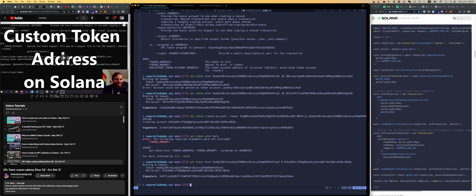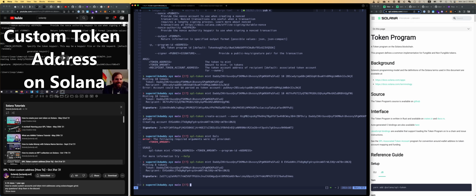Especially here on test, I don't know how it would work on DevNet or mainnet, but I'm assuming it's pretty similar. So anyway, this is kind of cool. So using the, let me go to,